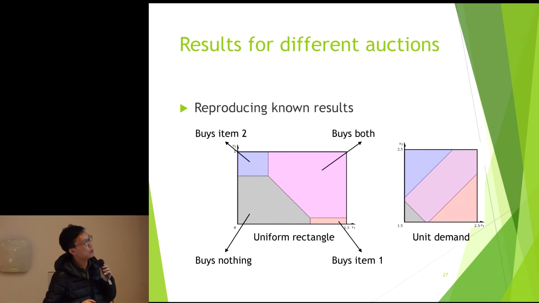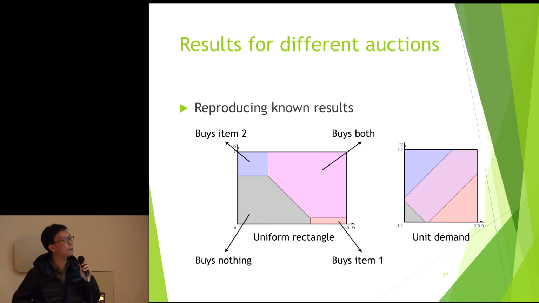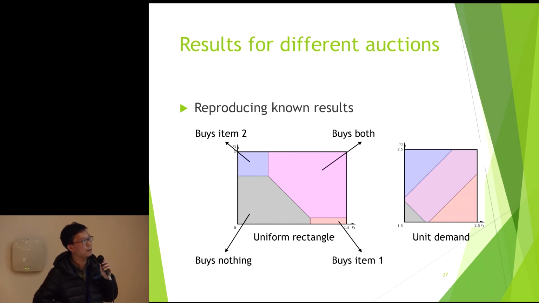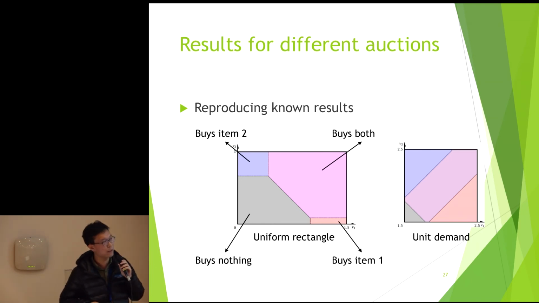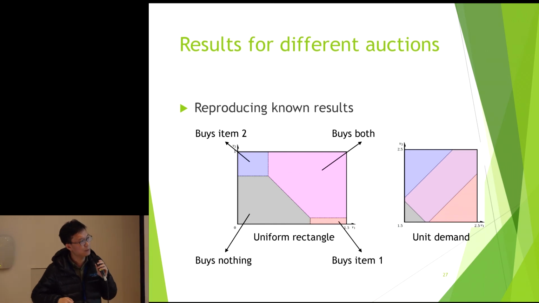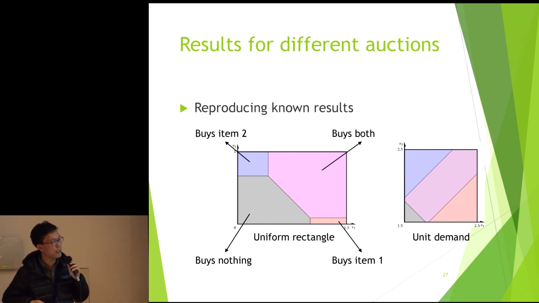So here are some experiment results. First, we show that our neural network can reproduce some known results. For example, this is a two-item case where the buyer's value is uniformly distributed among this rectangle. We know that the optimal mechanism, the optimal menu, contains 4 different menu items. So if the buyer's value lies in this gray area, then his